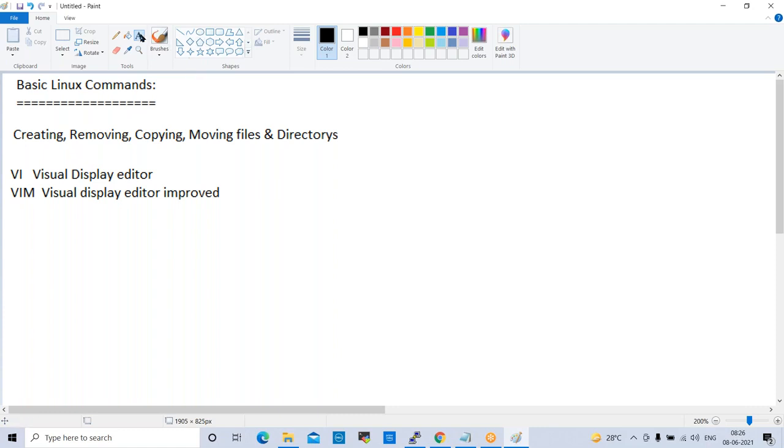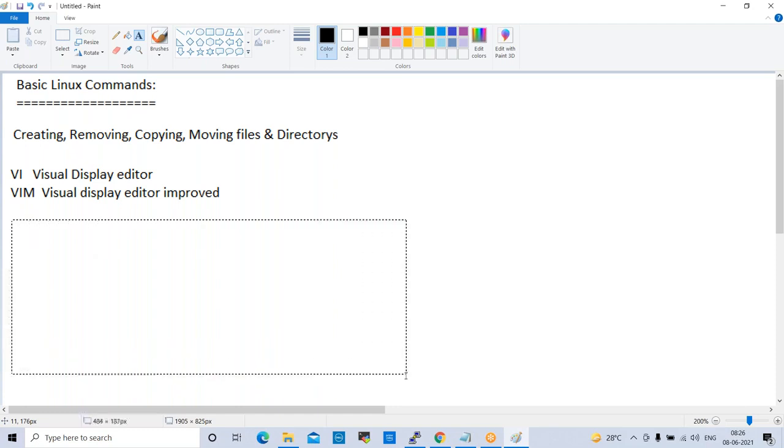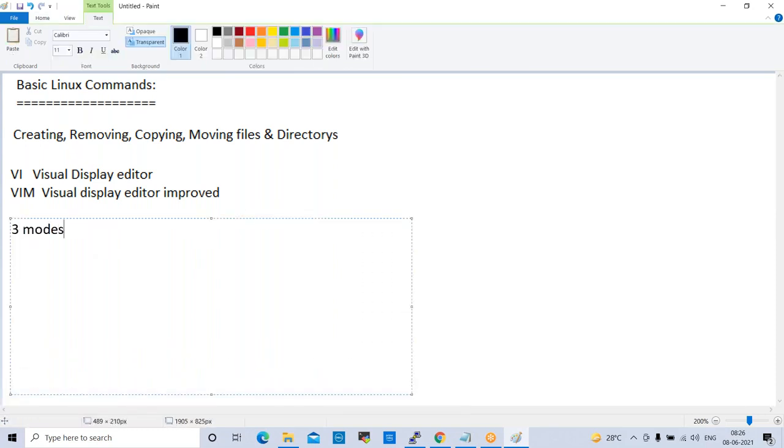we have three modes. In vi we have three modes, which are: first one is command mode, second one is insert mode, or edit mode, and third one is extended command mode.